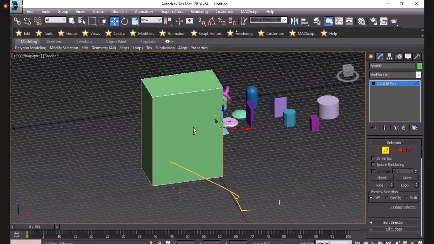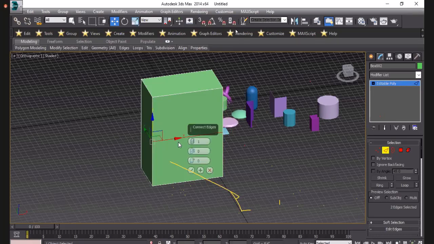The edges always work in the opposite direction. I will select the two edges, right click, connect.